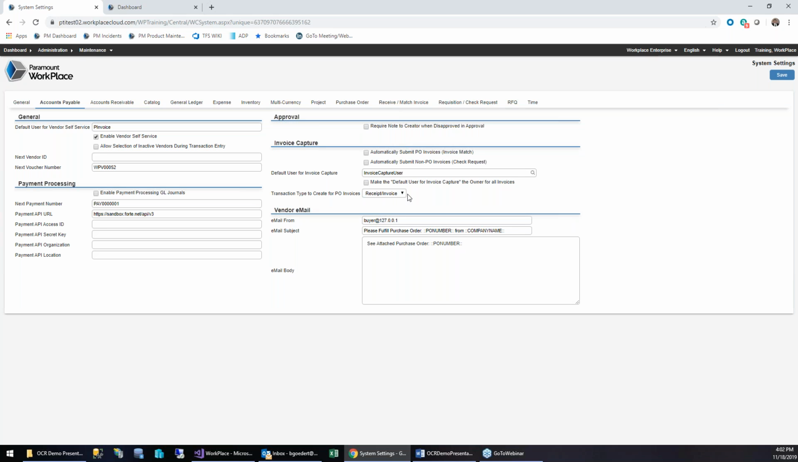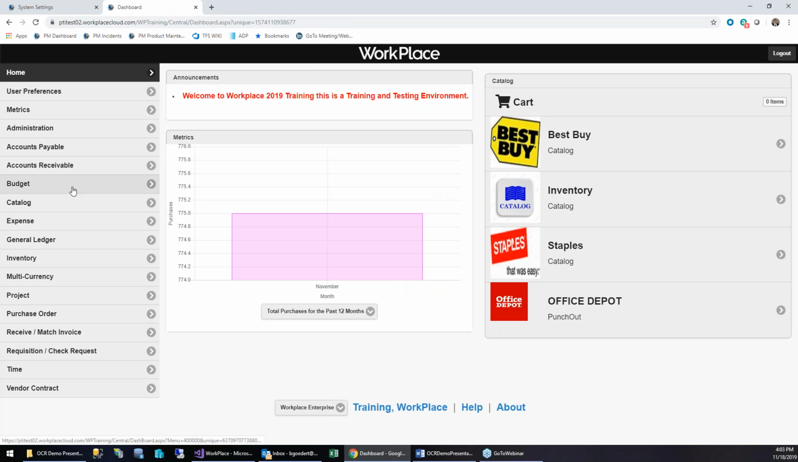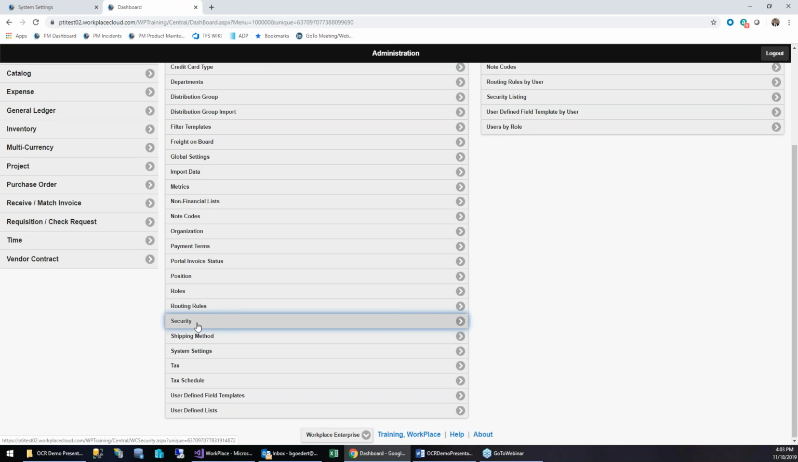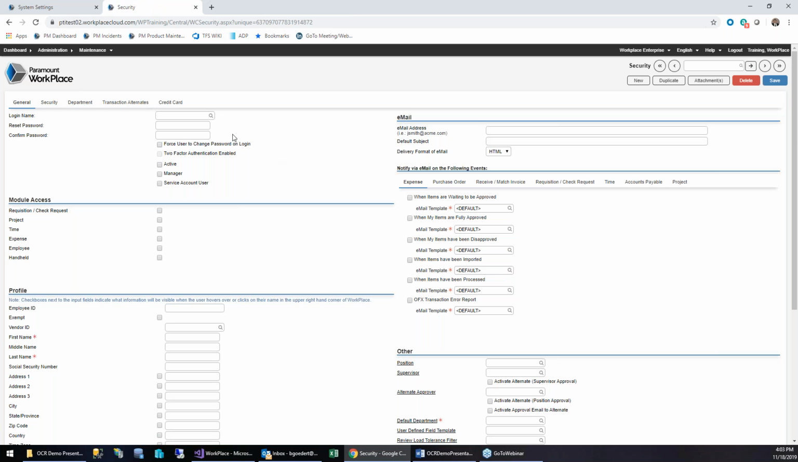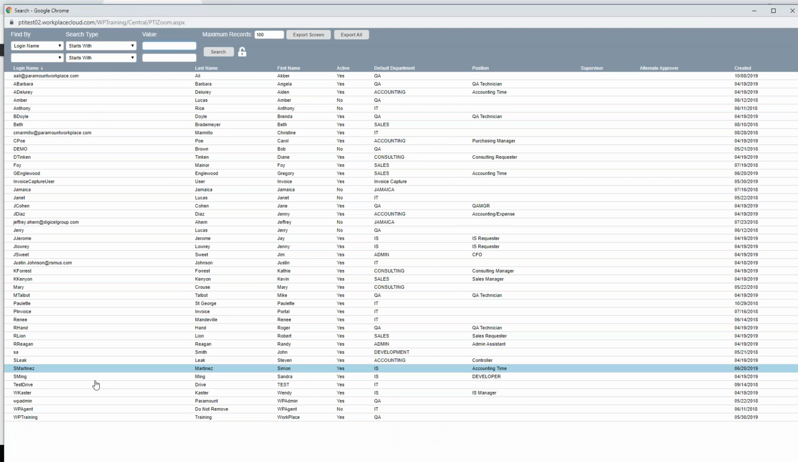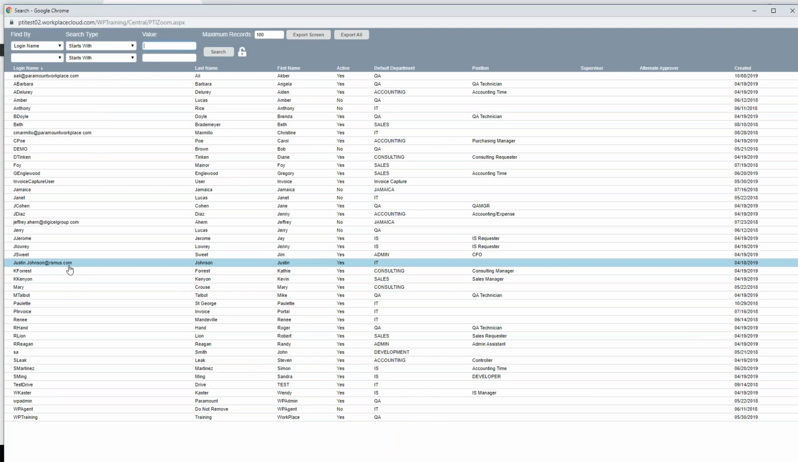And the type of transaction for PO invoices, it depends on whether you two-way match or three-way match, you would select receipt invoice or invoice. And I'm just going to duplicate my tab here. We're going to go administration and security. So for our invoice capture user,